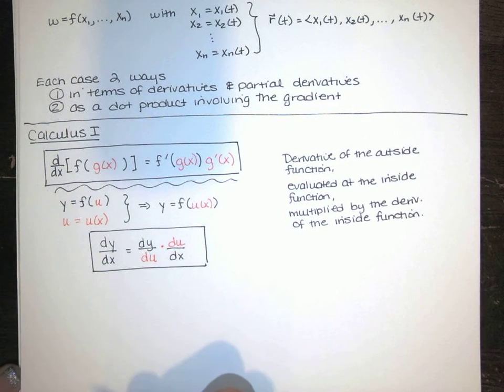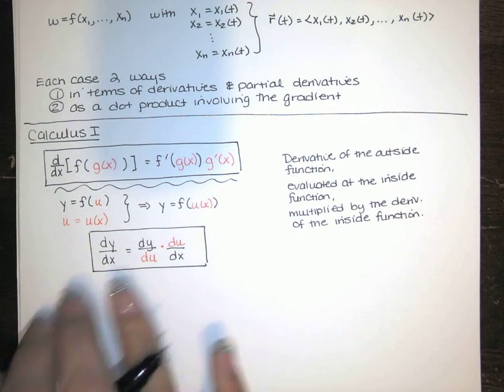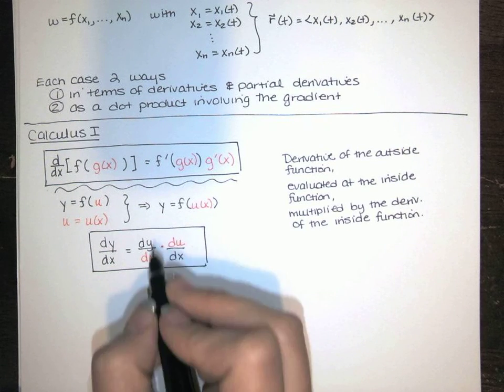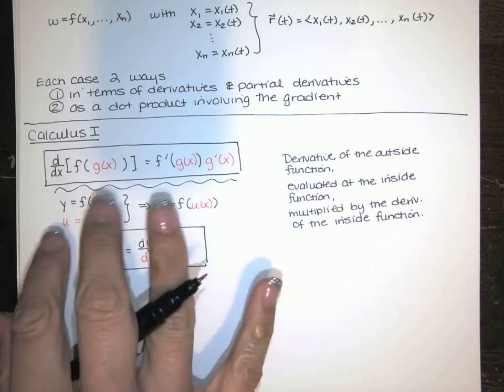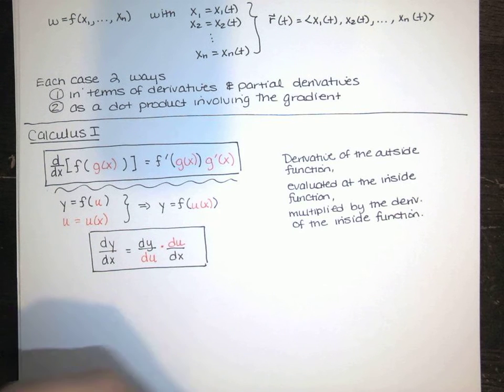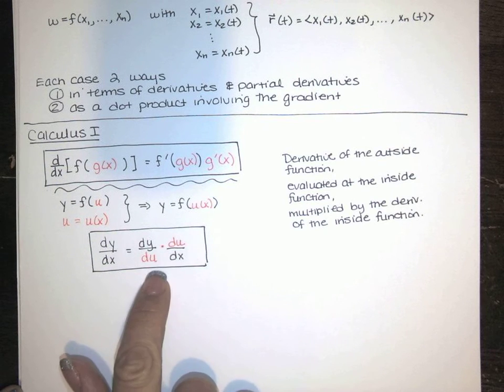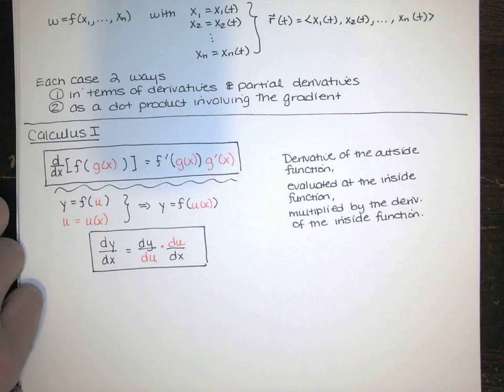And you have been using the chain rule, the Calculus 1 chain rule, when you were taking your partial derivatives. So hopefully this is not new to you, because you've been doing this in the last few homework assignments. It's the derivative of the outside evaluated at the inside times the derivative of the inside. Now,